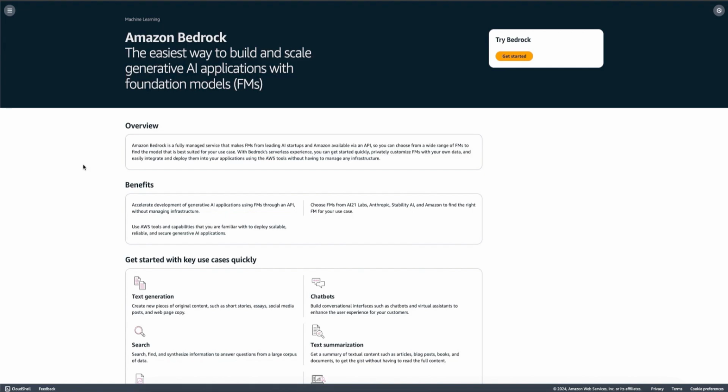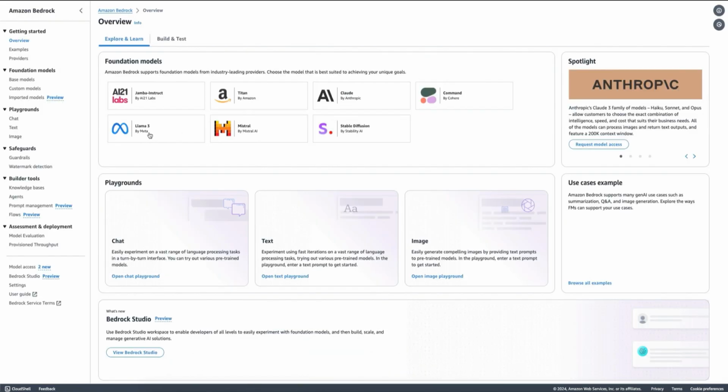Today I'm going to show you a demo about the new features of prompt management and flows in Amazon Bedrock. To get started, you can just go to the AWS console and you will see the options to use the features already, or you can also use it programmatically with the Amazon Bedrock SDK.